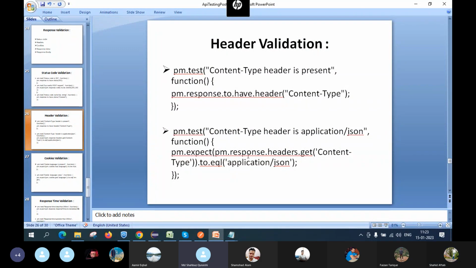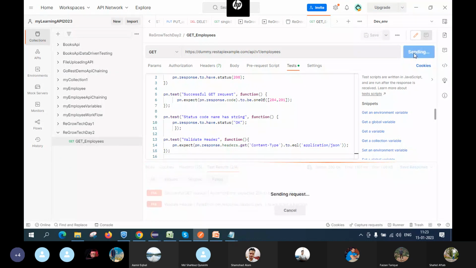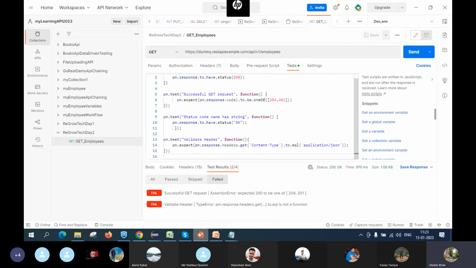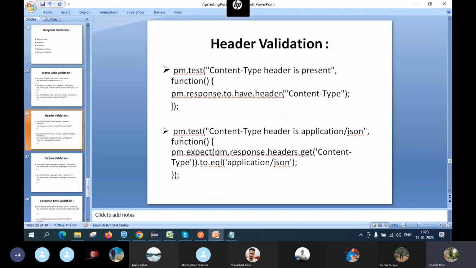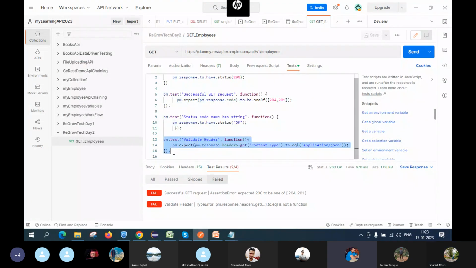एप्लीकेशन स्लैश जेसन के बाद डबल ब्रैकेट दे दिया आई थिंक। हाँ, आई थिंक कुछ कोड में मिस्टेक हुआ है। ये इसका ब्रैकेट बंद हुआ, ठीक है। उम्मीद है अब तो चलना चाहिए। डॉट इक्वल समथिंग कहीं मिस हो रहा है। कोई ब्रैकेट या फिर कुछ मिस हो रहा है। जेसन के बाद डबल ब्रैकेट है, वहाँ सिंगल था। हाँ, कंटेंट टाइप के बाद डबल ब्रैकेट होता है। ठीक है।